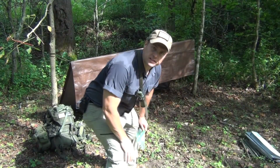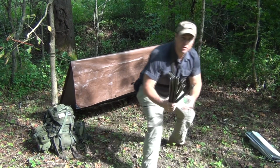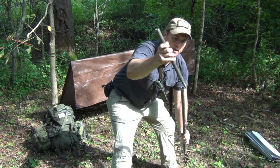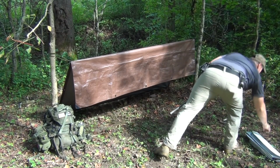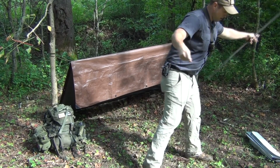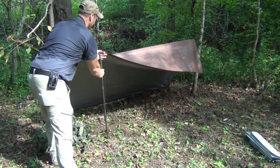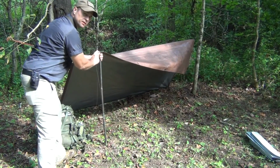Setting up the front is very simple, especially if we have our military poles. All we're going to do is take 3 of these, kind of stack them side by side like this to make one solid pole. Going to grab a length of our bank line here, and you can pre-position this on your tarp if you want, but basically all you need to do, you come up here and we put this stick in there like that. You put it in the hole,